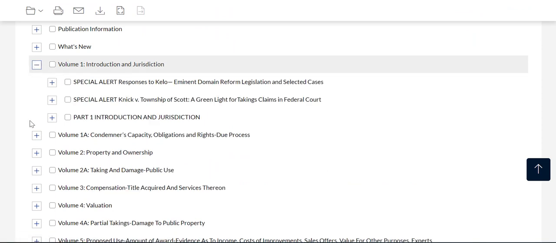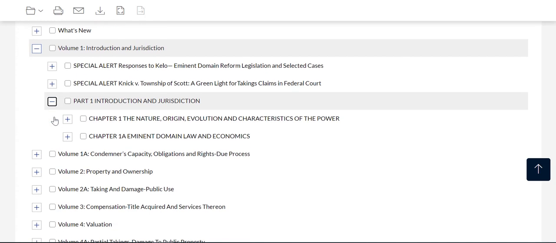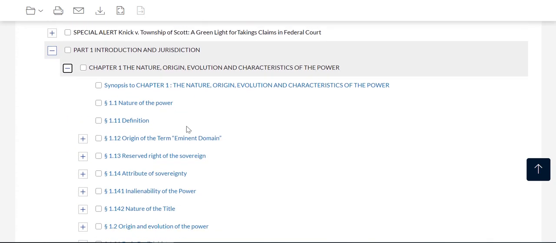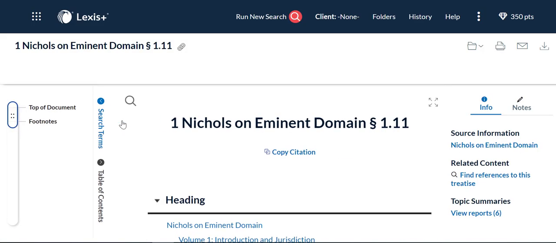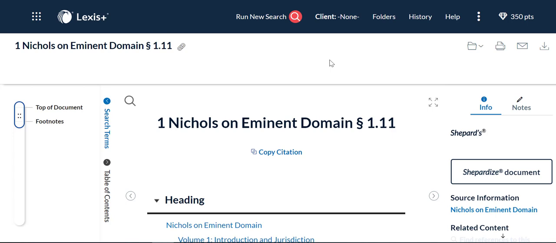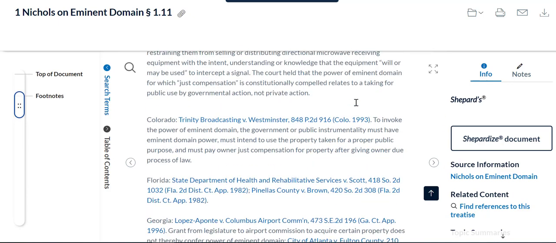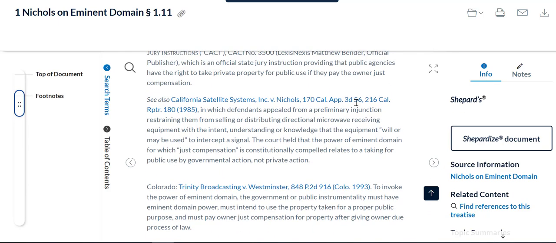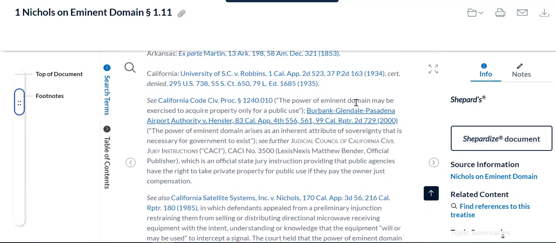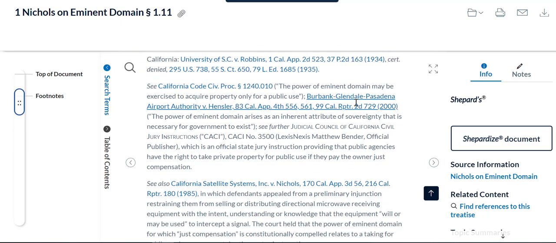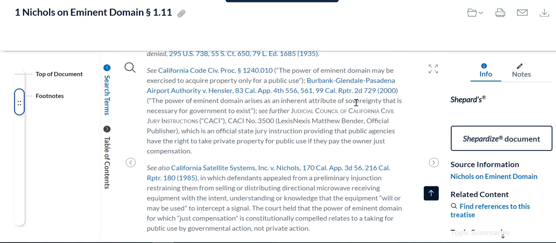Starting with the introduction and jurisdiction, you could get further information on eminent domain. And once you're within the content, you could get the background on it, and you can see that it is going to note relevant cases related to questions. This one has broken it apart by state,